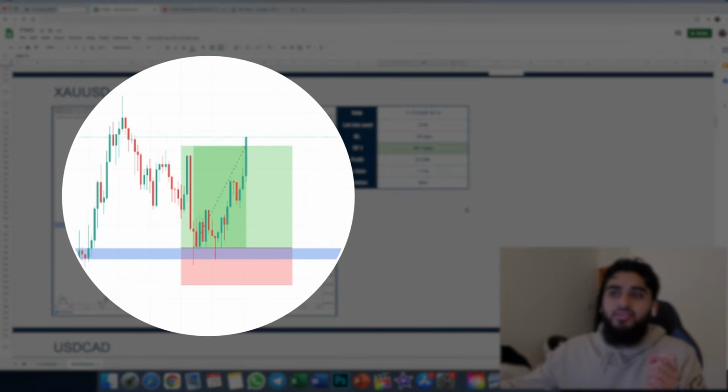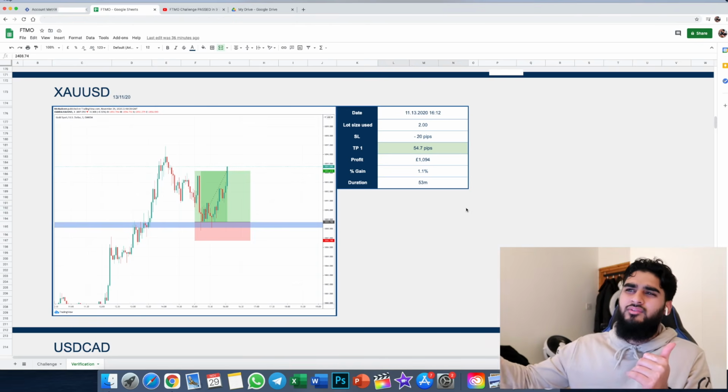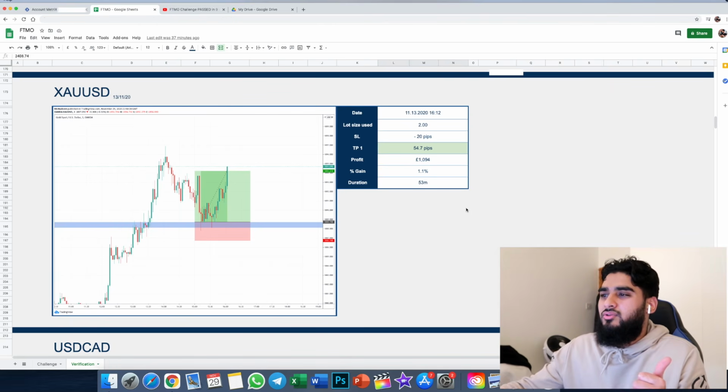And the third biggest trade that I had on this FTMO account was another gold trade, which was taken on 1888 for a buy as a break retest. So this was shortly after gold had that huge drop all the way down from 1960, I believe, all the way back down to around 1860. So it was nearly a 1,000 pip drop that gold had.